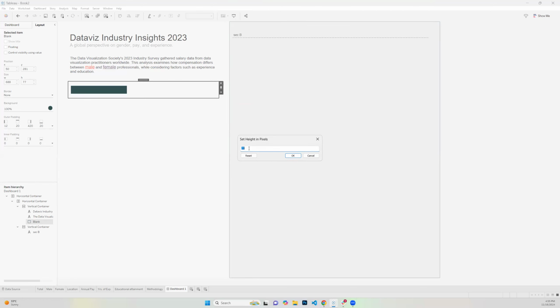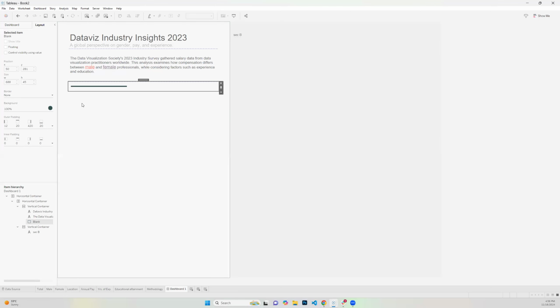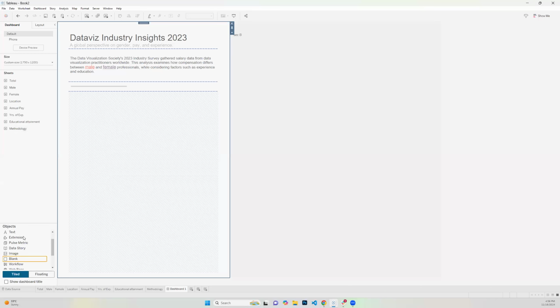This 77 wants to be 44. So why 44? Because if you look at this, we have 20 up, 20 down. 20 plus 20 is 40, so I want the line to be 5. That's the reason why I'm using 45 here, because I've already used 20 up, 20 down. Okay, and I have this. So I want to reduce the opacity for this to say 20%. Yeah. So moving on, we can now go on and create our